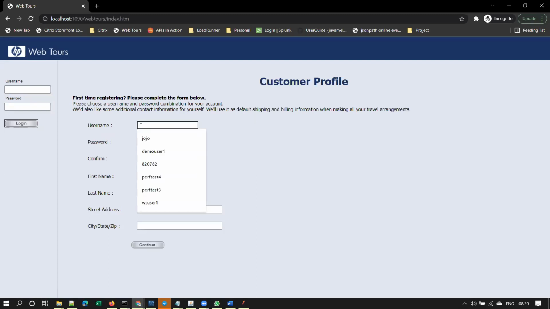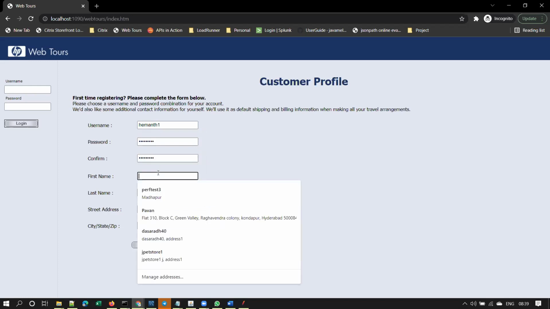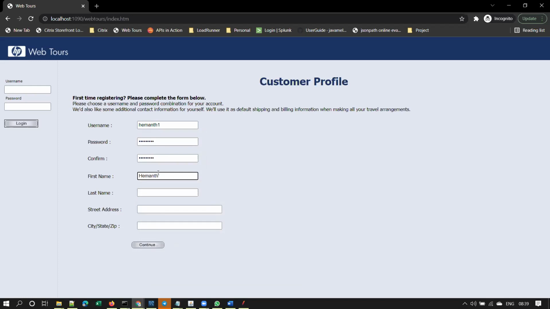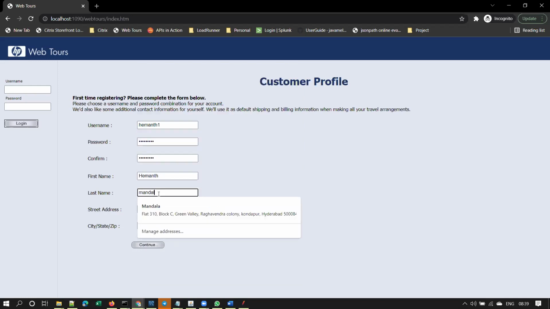So you have to click on that sign up now link and get this page. Give some username like Hemant1. Please give password as password1. We are making that uniform, right? We are following that naming convention. For any application, if you want to use any application, you have to create a user ID, guys. That's what he's doing now.